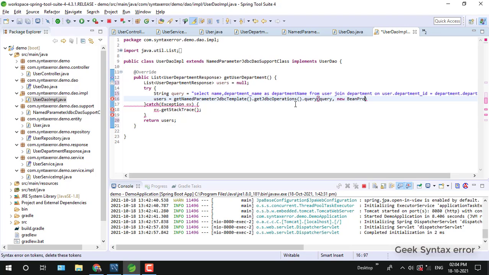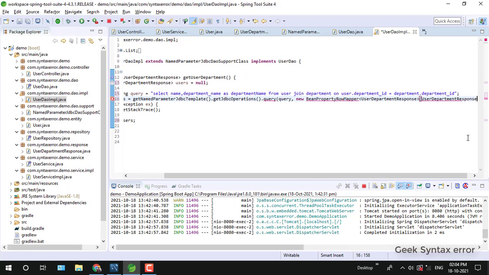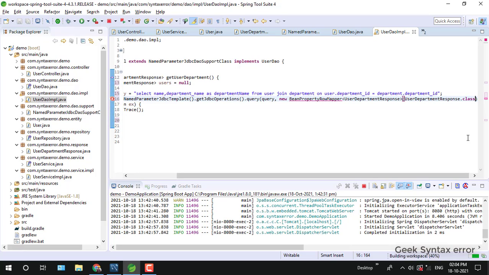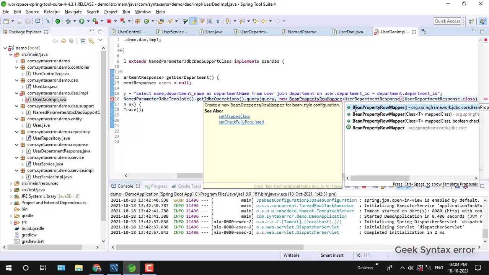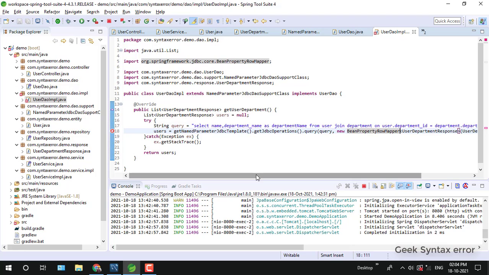Okay guys, I'll make use of a BeanPropertyRowMapper, which is of type user department response, and I need to pass a parameter here, the class file I need to pass. Import this. Okay.